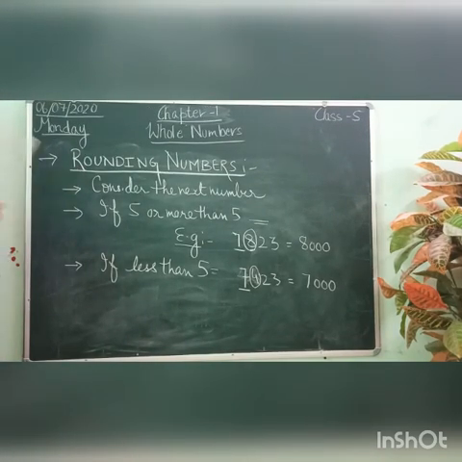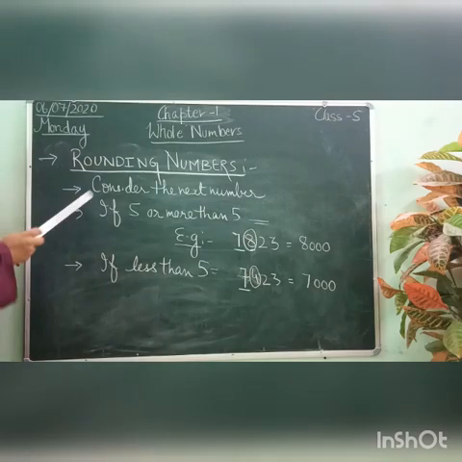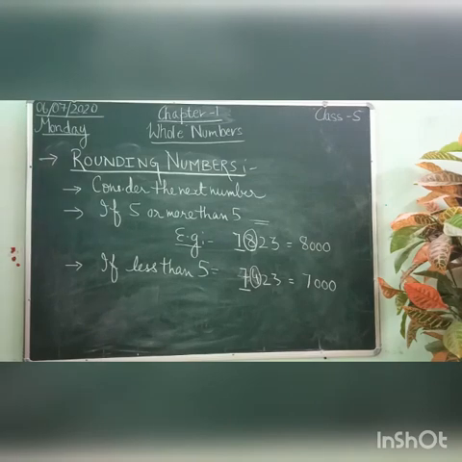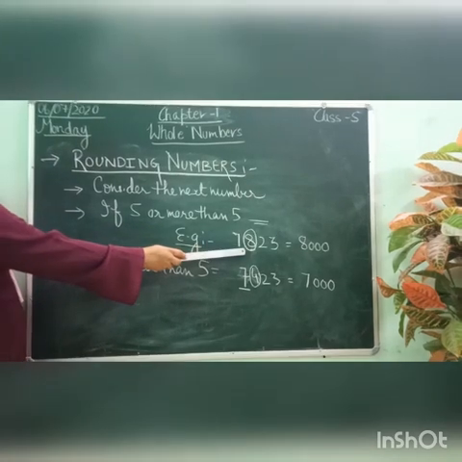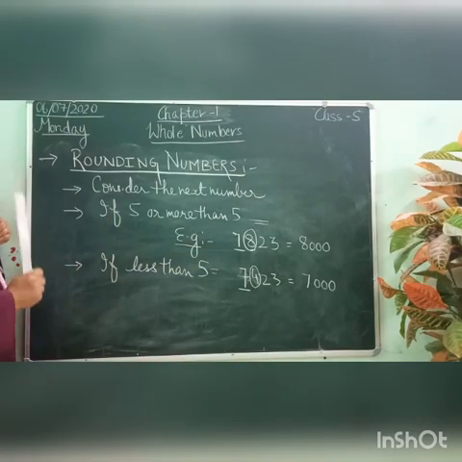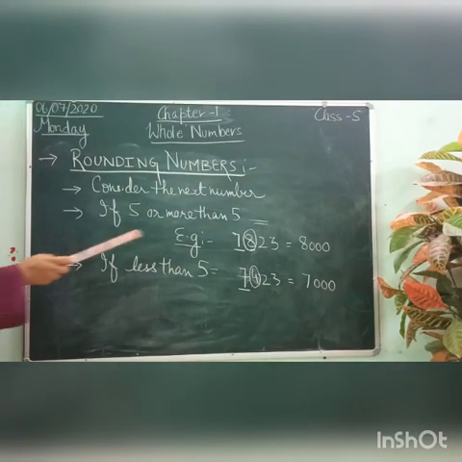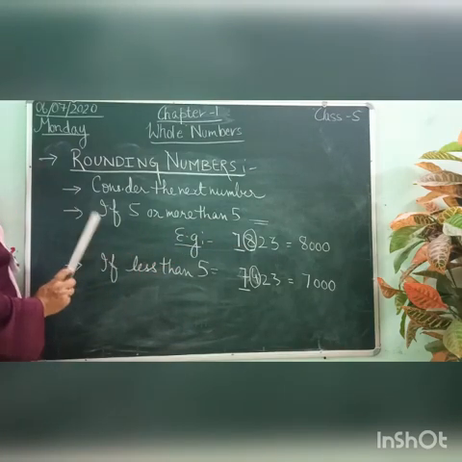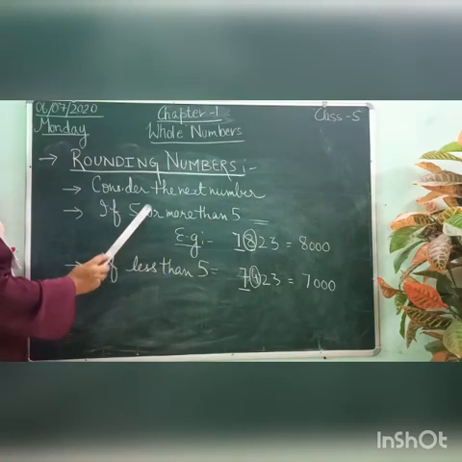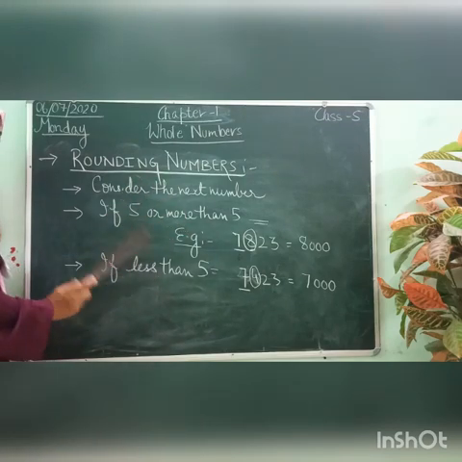Now, rounding of numbers: sometimes your values are given in a very large form, so we have to round those numbers. To round any number, the first and foremost thing is that we have to consider the next number. We don't have to consider the number which we have to round. To round the particular number, we have to consider the next number. This is the basic point. When considering the next number, we have two conditions. The first condition is if it is 5 or more than 5, or it is less than 5. Is it okay?